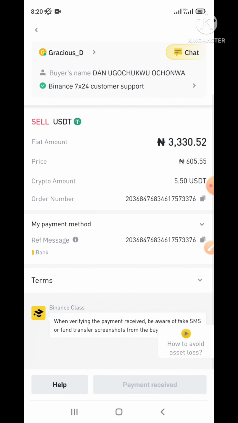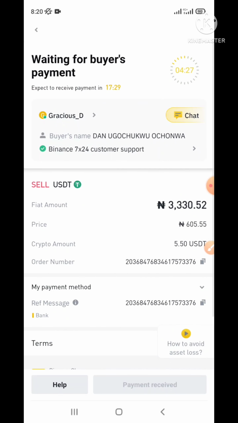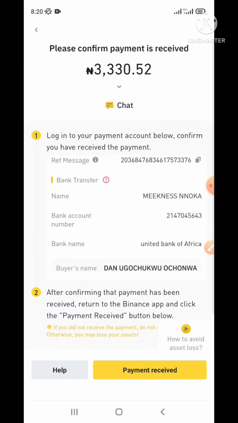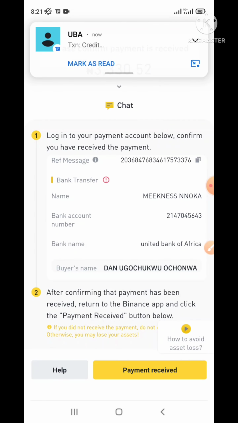Since we are waiting, let me just tell you guys something. Have you noticed that whenever Bitcoin is having a dip, that is when the price is declining massively, the price of stable currencies will start going high? You start increasing in price. For example, USDT that you can buy for 550 naira before,